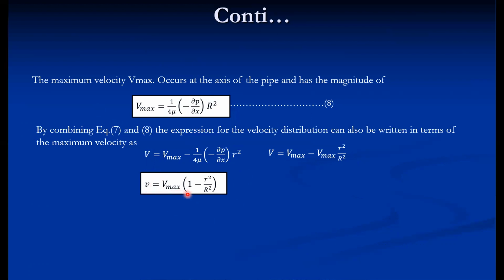So this kind of expression is helpful for solving small numericals, especially maybe in the GATE examination, such kind of examples can be asked. If the central velocity is given, how to calculate the local velocity at small r equal to a particular distance. This is the expression of local velocity in terms of maximum velocity. Call this equation number 9.